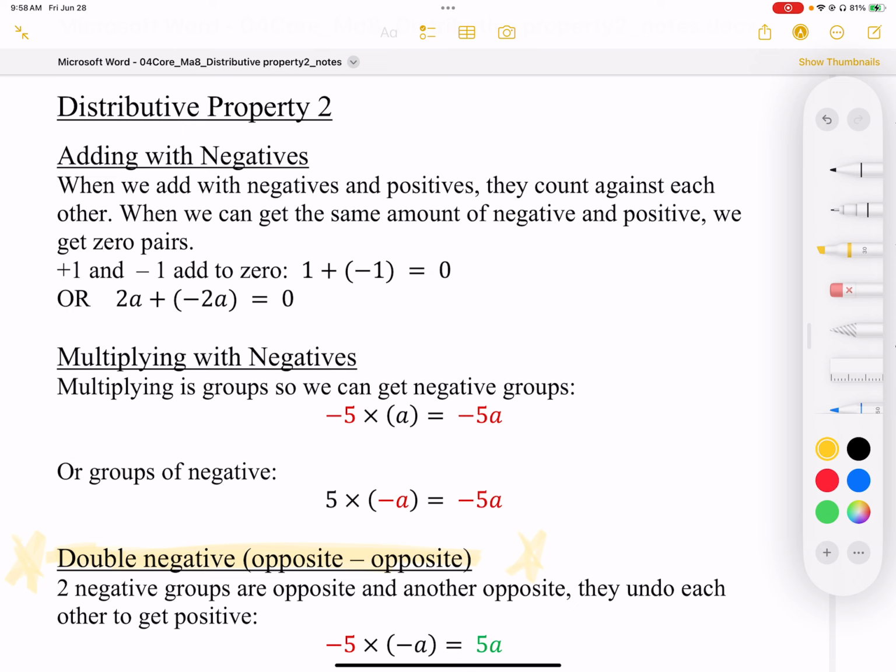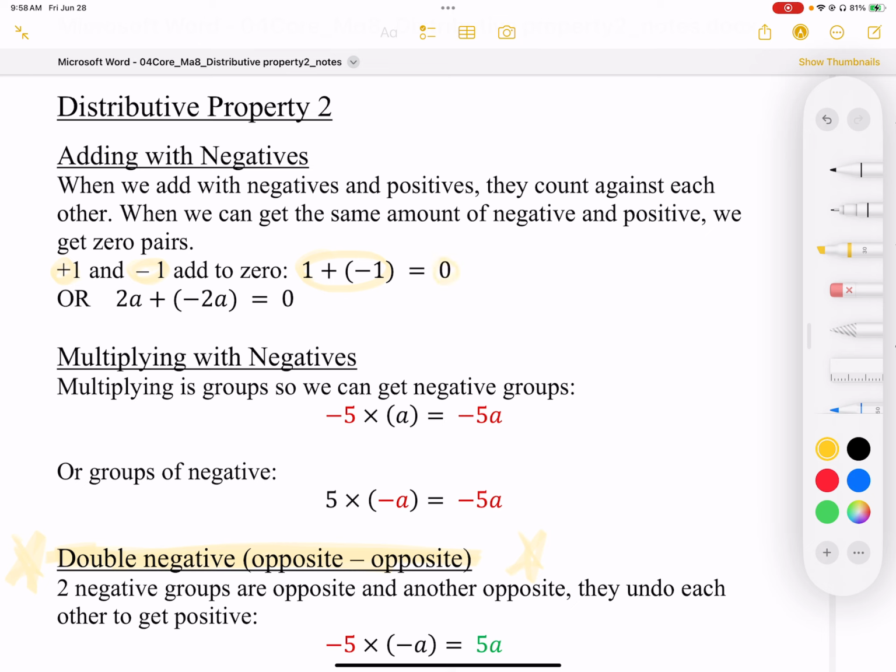When we have negatives with adding and when we have negatives with multiplication, they are different. So we want to make sure we're clear on how they're different. When I add with negatives, negatives and positives count against each other. So if we have the same amount of negatives and positives, we get 0 pairs. For example, if we have +1 and -1, these two together represent 0 pairs and they cancel out